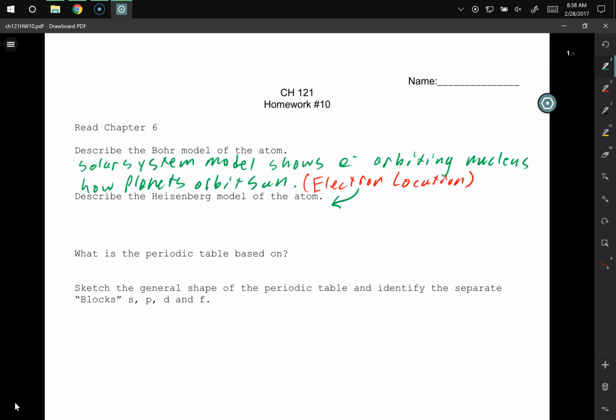But his description, what can we say about it? Okay, that too, but anything else? It's better. It describes more visible things. So when I look at an atom on the atomic level, I can use Heisenberg's model of the atom to describe where the electrons are more often than I can use Bohr's model of the atom. So it's just an improvement. Okay, so now tell me about his improvement. What did he do? Wave. Okay, so he and a couple other guys come up with